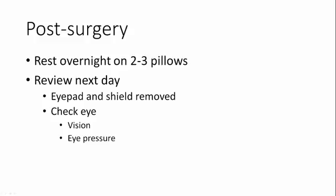So just getting to after the surgery, and I often stress to all my patients that the surgery is really only part of the battle, and the post-operative care is absolutely critical to get the operation to be a success. So this is where you have to work very closely with your patient to make sure that they optimize their recovery. Just overnight, I get them to rest on 2 to 3 pillows, and I don't like to have my